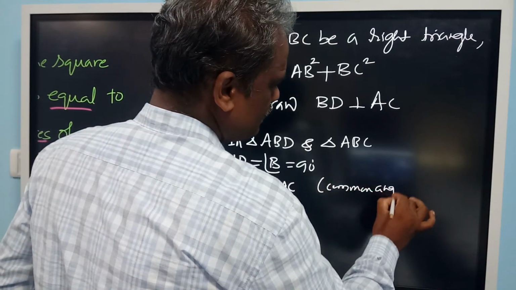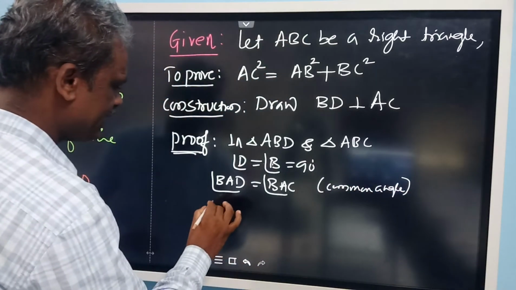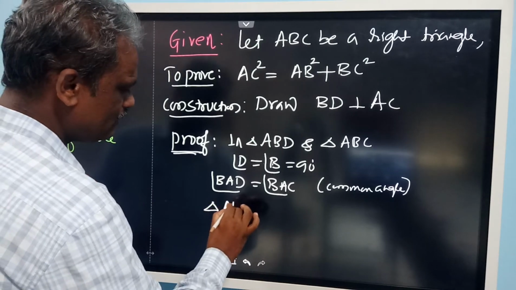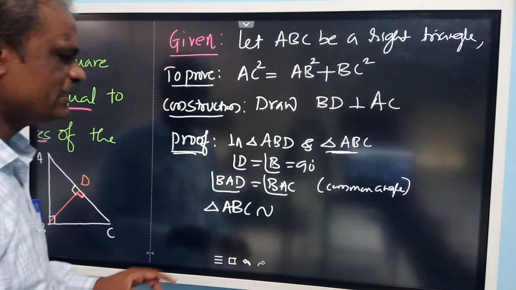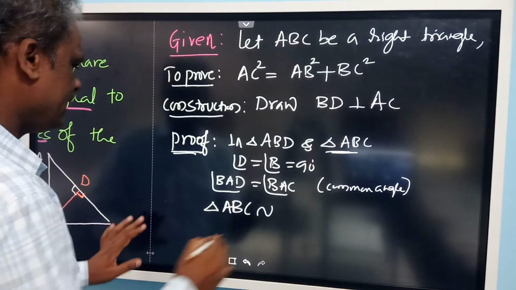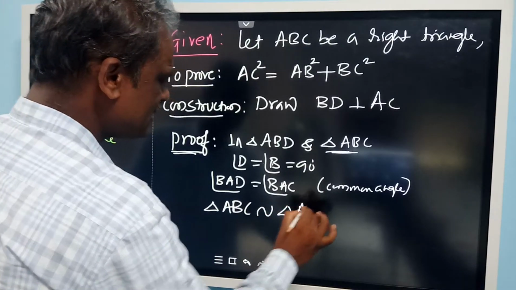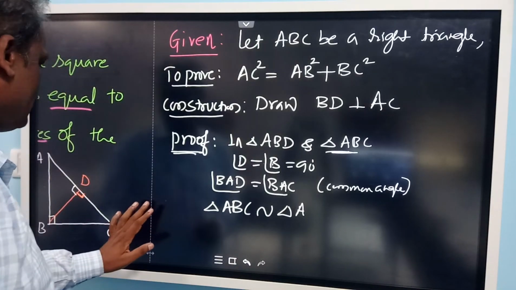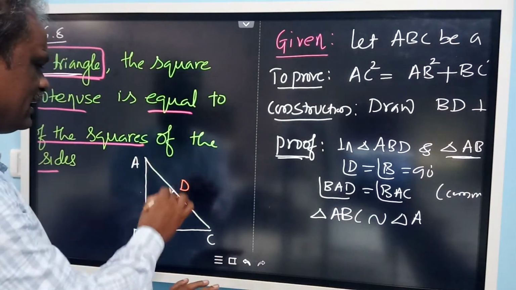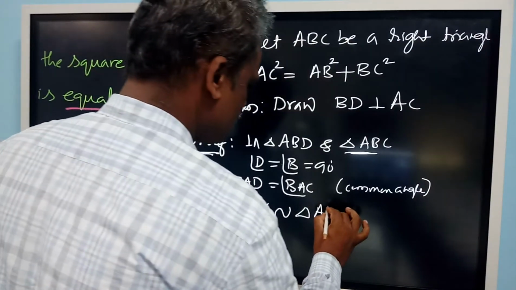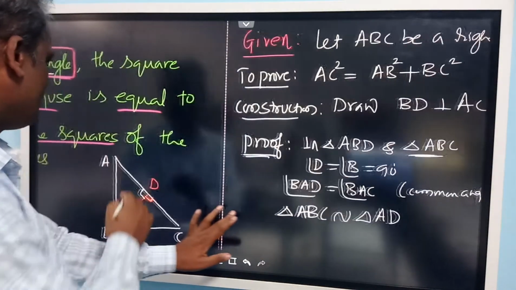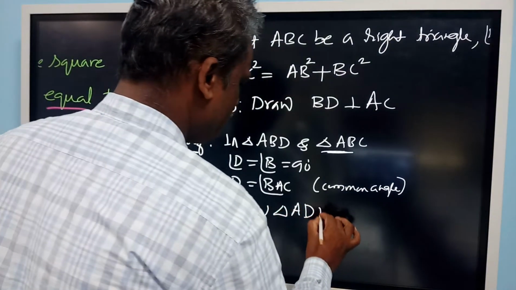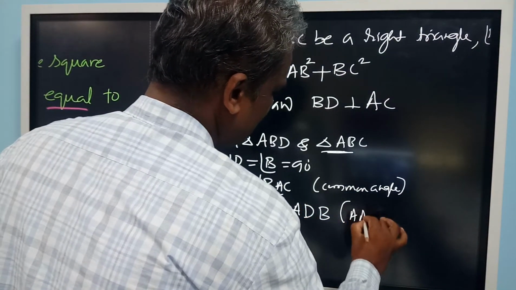So therefore, by AA similarity, I can write triangle ABC is similar to, I have written this one first, for A, it is A only. A is the common angle. For B in ABC, B is 90 degrees, in ABD, D is 90 degrees. So I can write D in place of B. Then what is left out in ABD? It is B. This is by AA similarity.